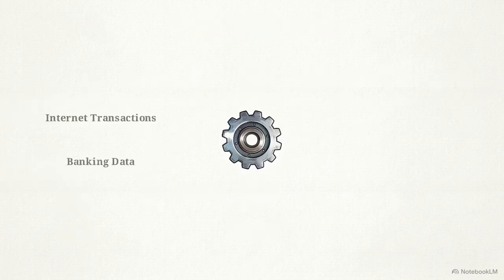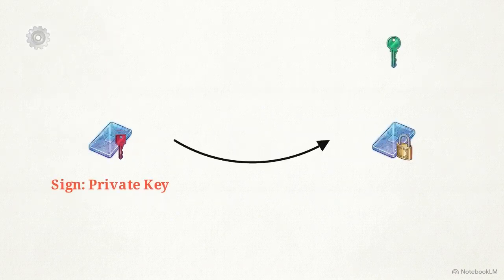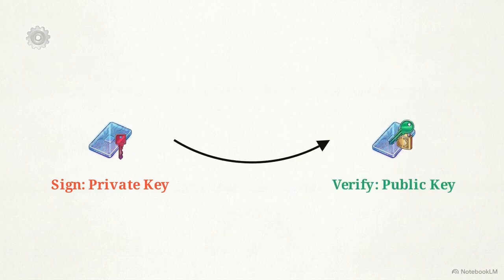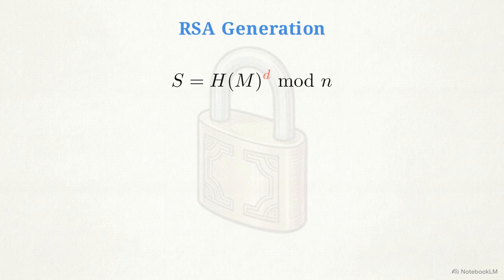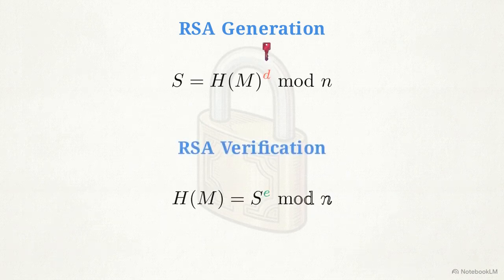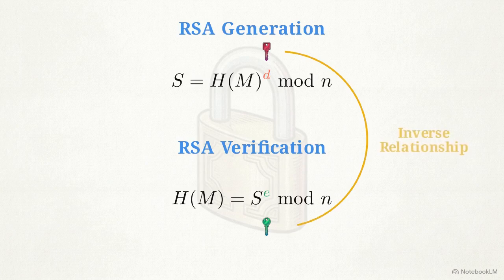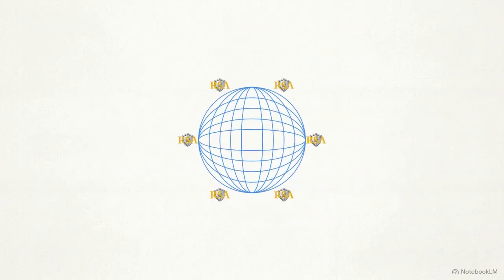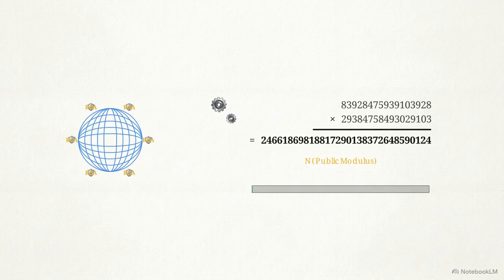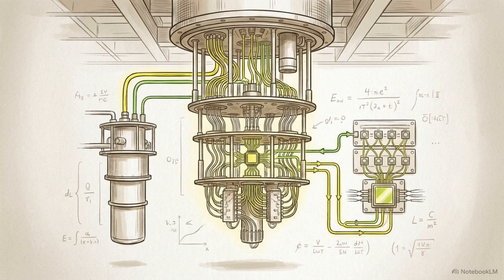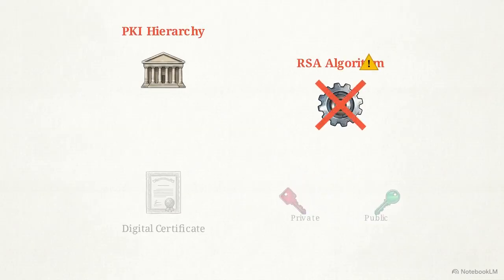In the real world, the most common way to deploy this logic is through RSA-based signatures. Again, remember the key reversal. You sign with your private key, and the receiver verifies with your public key. Look at the mathematical formulas. For generation, the signature S equals the hash digest raised to the power of D, the private key, modulo N. However, its security relies on the difficulty of integer factorization, a mathematical barrier that may soon be surpassed. Quantum computers are being developed to solve complex integer factorization in a fraction of the time it takes classical computers. Once they arrive, RSA and our current PKI systems will fail.